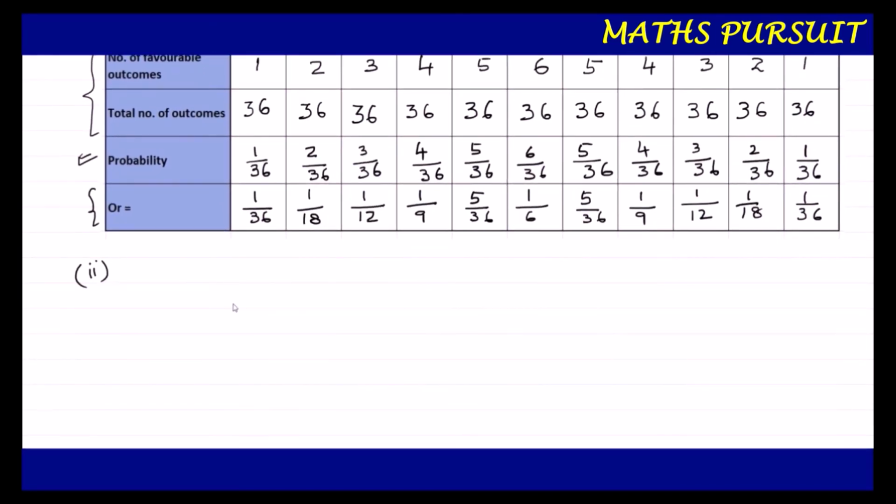So we would say that we do not agree with this argument, and the student is saying that each of them has a probability of 1 upon 11. Do you find anywhere in our calculation where we got 1 upon 11? No, we will not find 1 upon 11 at any of these probability calculations that we did. So we will not agree, because we found the probability as different things, different combinations, but we never got 1 upon 11. This is what we concluded.